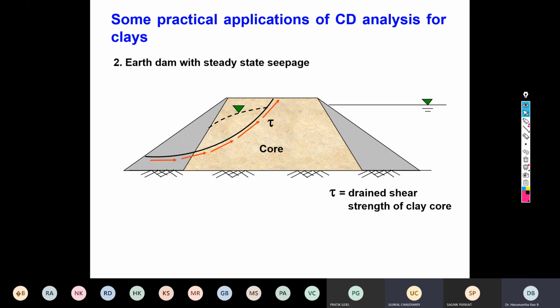So you said that CD condition is the safest condition. In practicality we want the CD condition to prevail all the time. We try to maintain the CD condition. No, we try to accomplish the CD condition. Yes, sir, that's what I meant, we try to achieve the CD condition. Yes, we try to achieve the CD condition because at the CD condition the structure is safe. Because the condition becomes drained, pore water pressure decreases and effective stress increases. Is that the reason? Correct. Yes, sir.